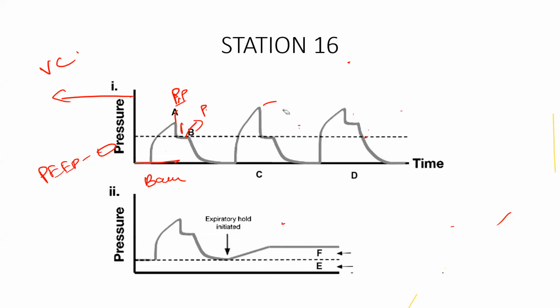In order to check the amount of auto PEEP, at the end of expiration you have to hold the patient. Don't give the next inspiration. At the end of expiration, you hold it so that there won't be a baseline touch. There will be an increase from the baseline. This is the amount of air trapping. This is the PEEP you set, and this is auto PEEP. So this is how you calculate the auto PEEP. F is auto PEEP, A is the set amount of PEEP. Understood the scalars and loops clearly? Yes, sir.